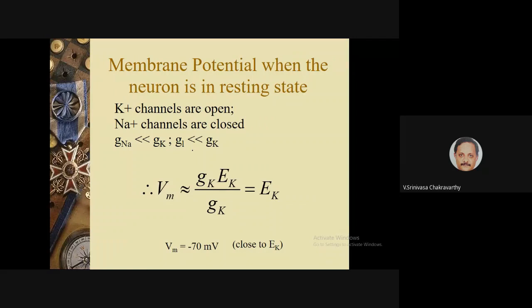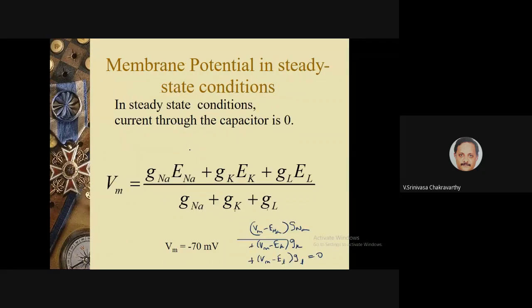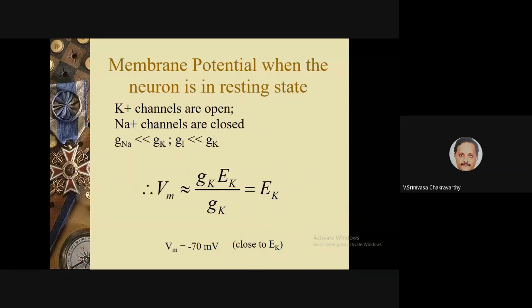Biologically, that means the sodium channels are open, because an open channel has high conductance, and intuitively, a closed channel has low conductance. So imagine that GNA is very high compared to GK and GL. You see that ENA and EK are all of the same order of magnitude. So if you increase GNA abnormally, then this term will dominate the other 2 terms in both the numerator and denominator. Then this voltage formula approximately becomes,